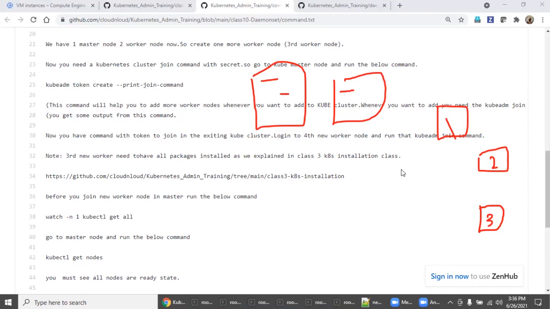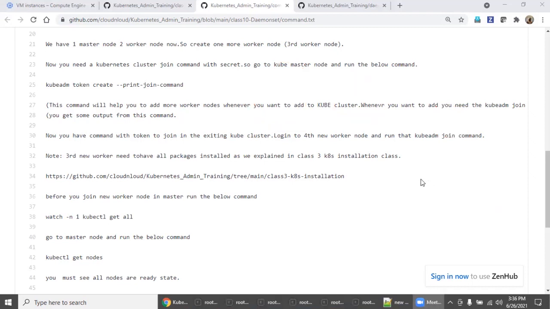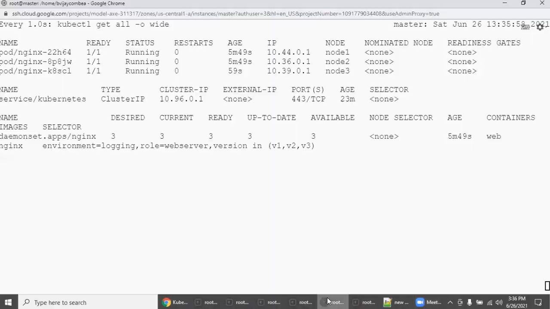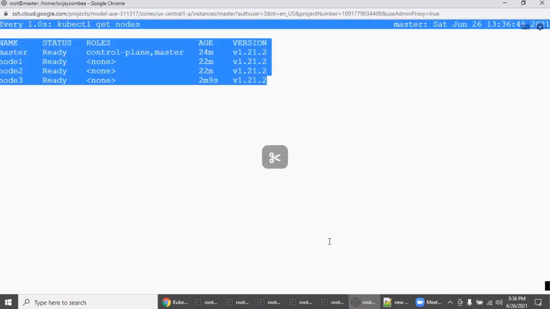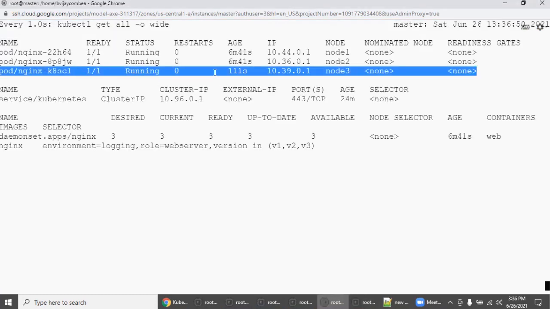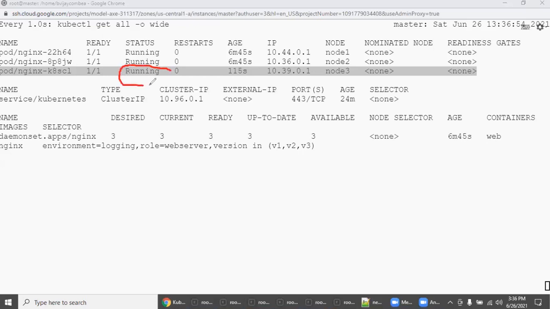You need to see the fraction of a second where the container is creating, not ready, now it's ready. Even if you run this command after a few minutes, you won't see the difference. That is why I asked you to run it like this. See, now it's running, but as a beginner, you need to see the container creating on the particular node, one single copy, correct?